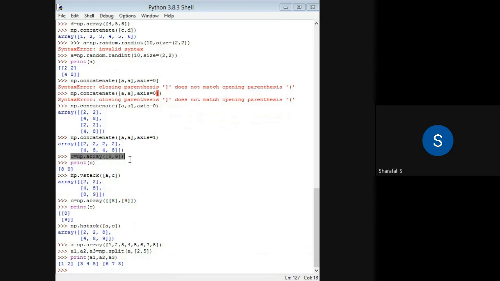Let's consider this C. Let's see which array I can consider for concatenation of A. I haven't given any name for that. Anyway, C is only this. Okay, so let me use this one.